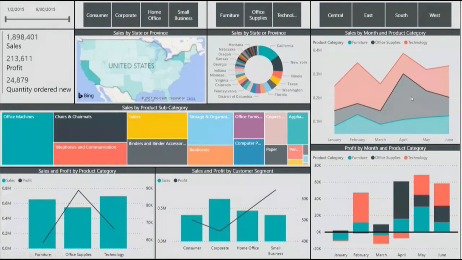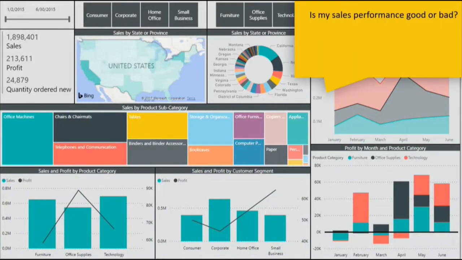But any such dashboard worth its salt should answer simple questions, such as, is my sales performance good or bad? How good or how bad is it? Why is it so? And what are we going to do about it? And if we try to tackle those questions from such a dashboard, we'll quickly see that we come into some